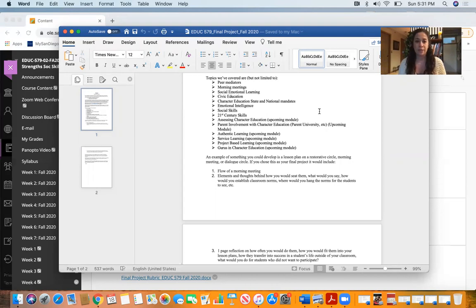Peer mediators, morning meetings, social emotional learning, civic education, character education, state and national mandates, emotional intelligence, social skills, 21st century skills. Then we have things that we're going to be covering in the upcoming modules, which you can obviously select if you think they sound interesting, and then just come up with your idea in a few weeks. Assessing character education, we're going to be talking about tools and surveys and qualitative and mostly quantitative ways